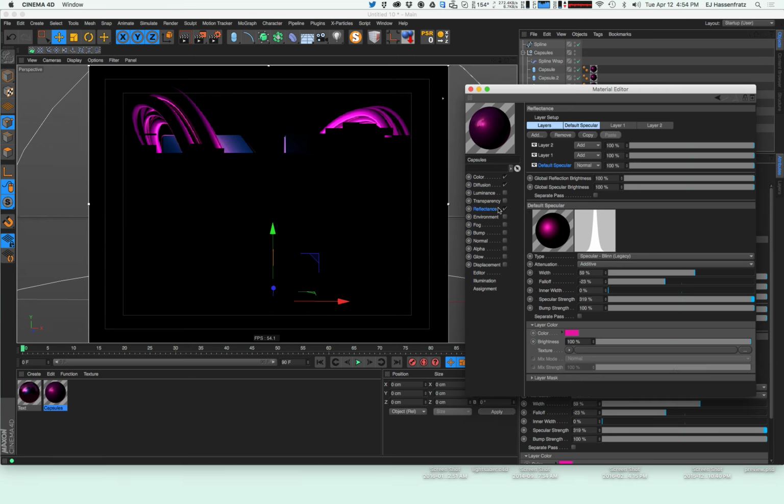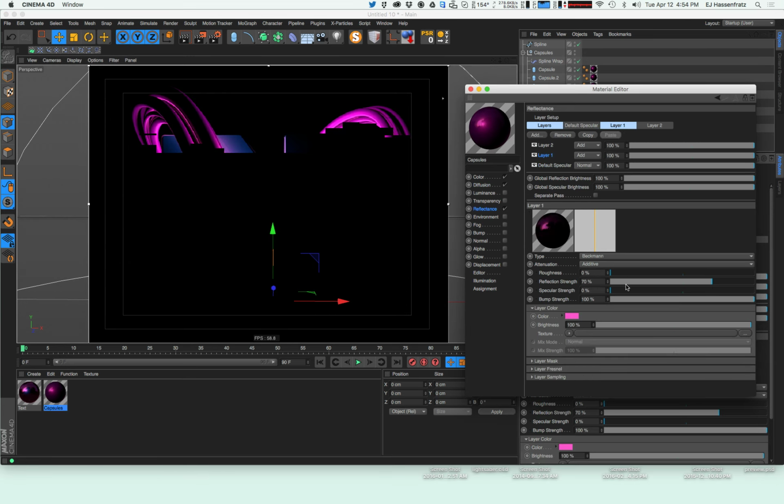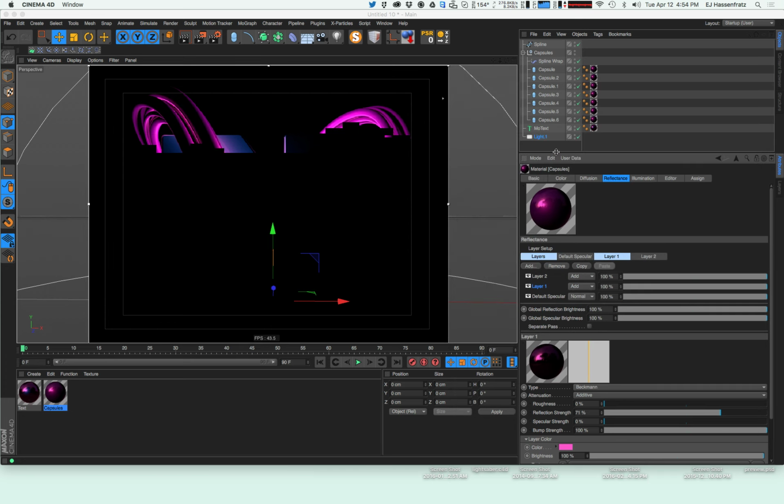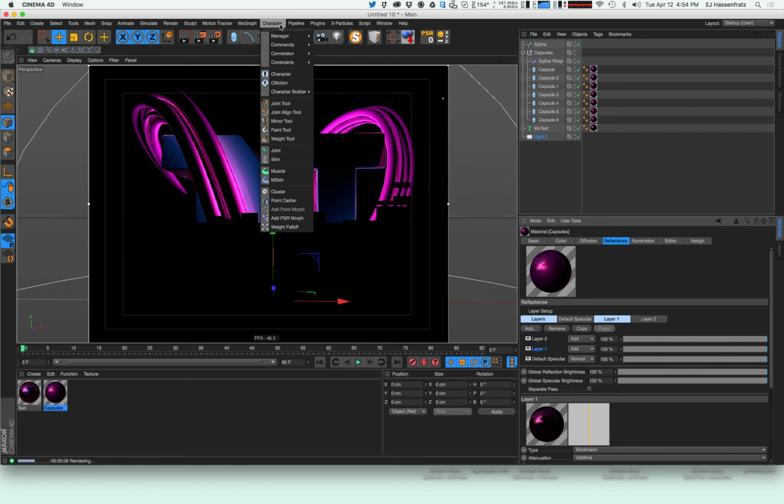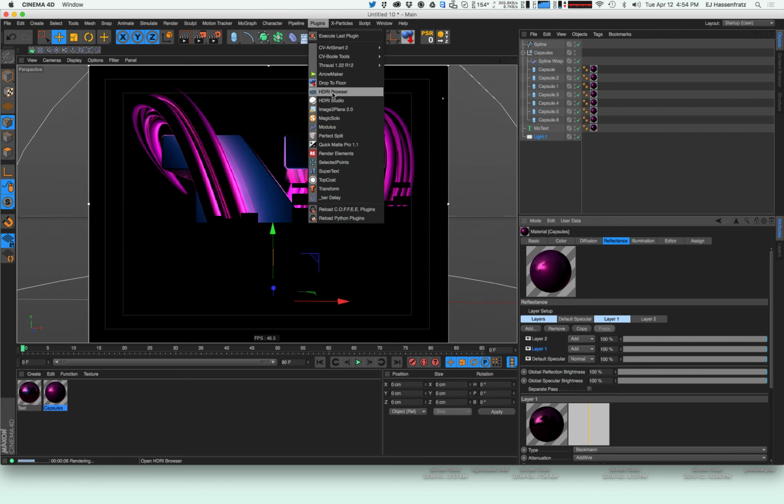channel. Let's go to reflection. So our reflection, do we have some for now? Yep. Let's bring that down a little bit. Let's get a little bit more reflection. Right now we're not really reflecting anything in our scene because we have no HDRIs or anything like that. So let's go ahead and grab our handy dandy HDRI Studio